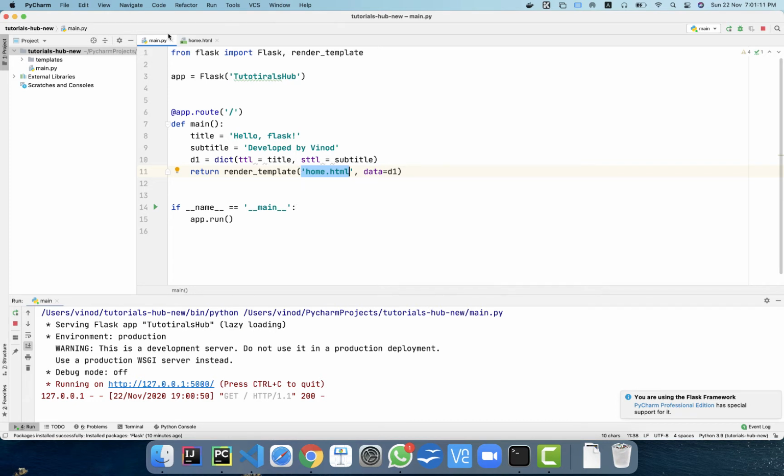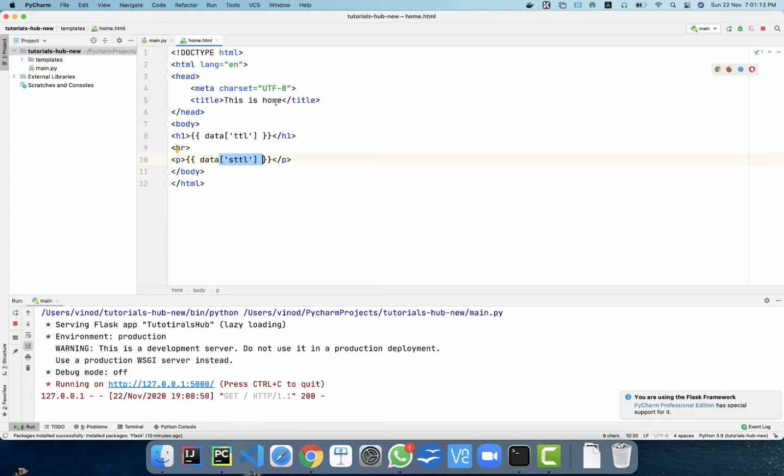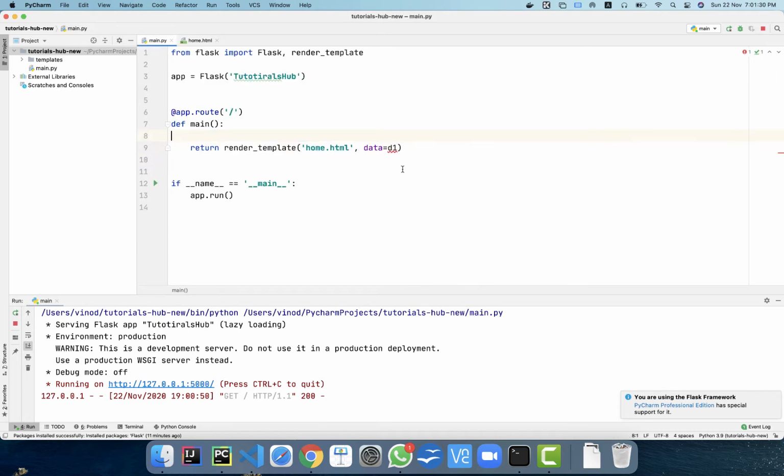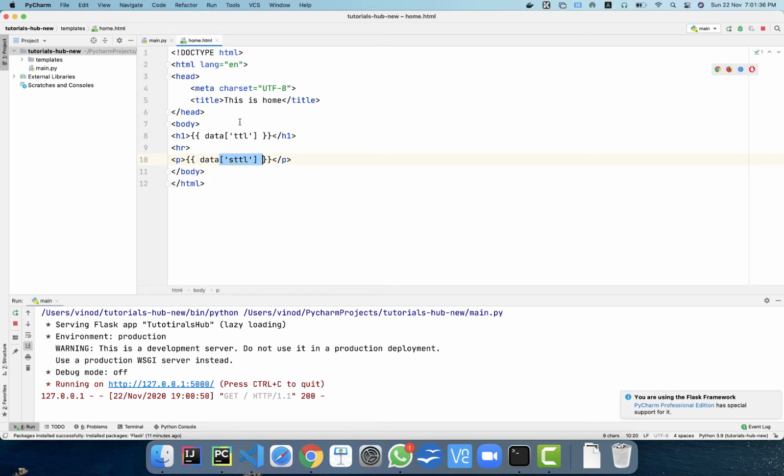Now the HTML that we use may have some header, footer and stuff like that, which may be common across multiple pages. So we may also want to include some styling and other stuff. So let's get rid of all these title, subtitle, data, all those things from this example. We'll simply say we just want HTML to be rendered. But the HTML itself will add some nice stuff. For example,